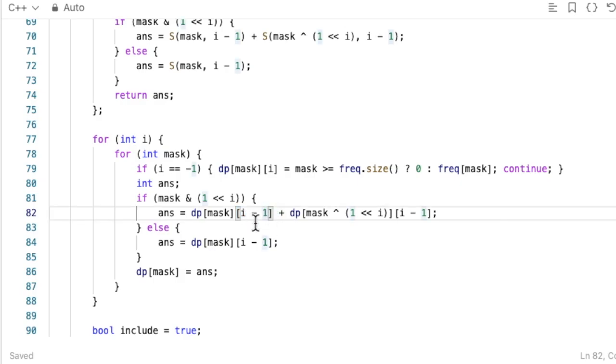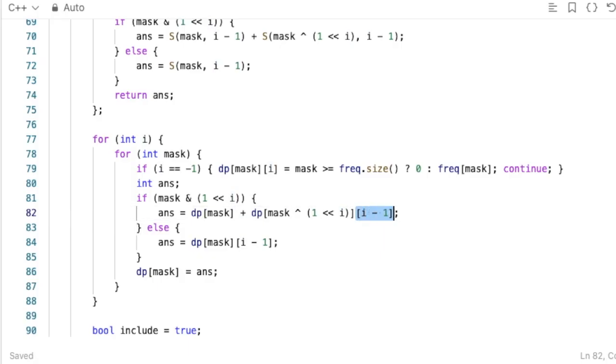We just need to create 1, because if we iterate the mask from, let's say, 0 to the max bit, then we can get away with not creating a lot of DP array here. So what I'm trying to say is that we can just get rid of this I minus 1